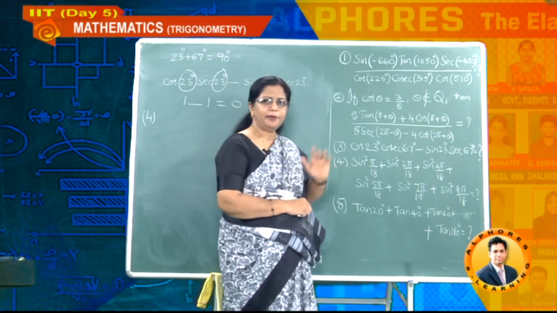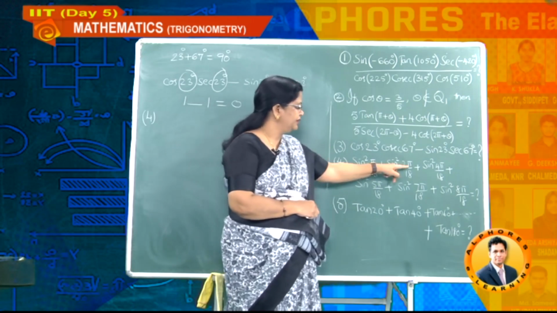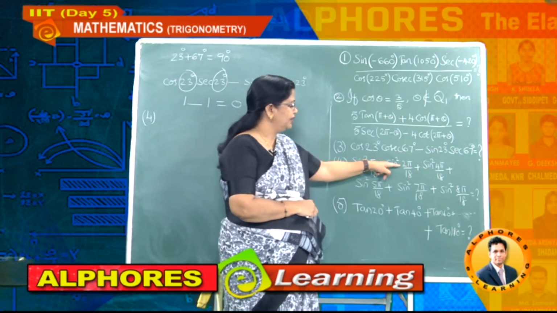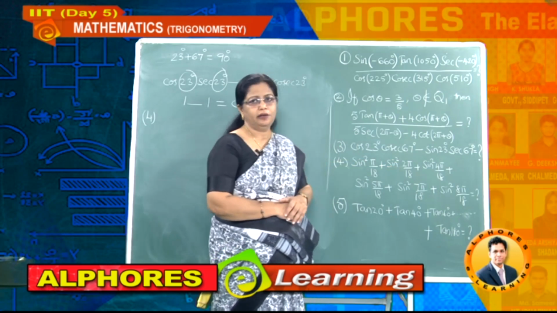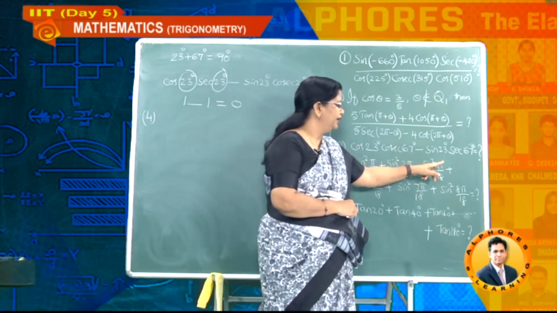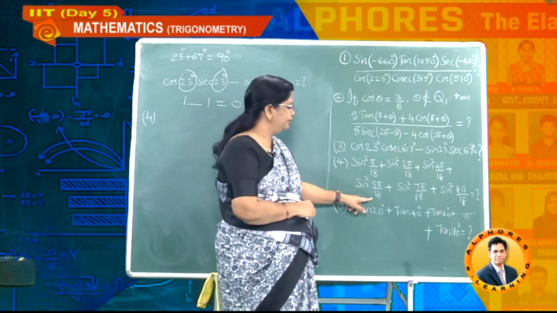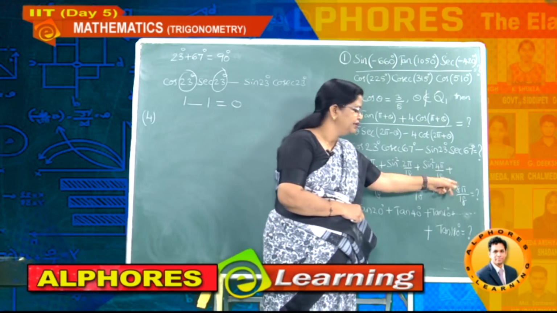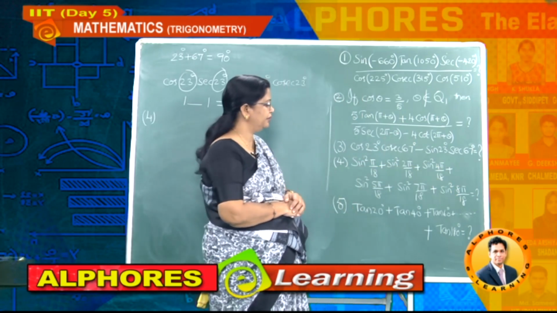Just sin square pi by 18, and observe this is 10 and this one is pi by 18, 10 into 2, 20. But here I gave it conveniently, they may give pi by 9. Then also you should get the idea. And 4 pi by 18 they will give as 2 pi by 9, and 5 pi by 18, 7 pi by 18, this one they will give, if you cancel, as 4 pi by 9, and in this way they will give the problem.